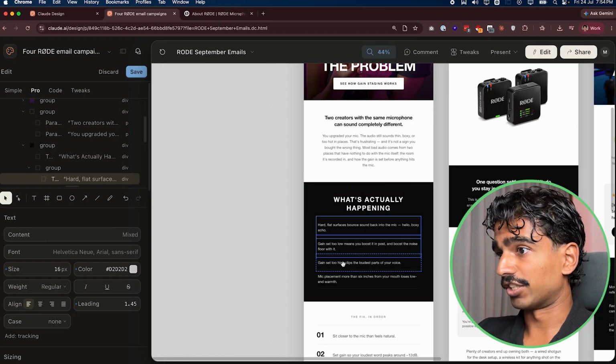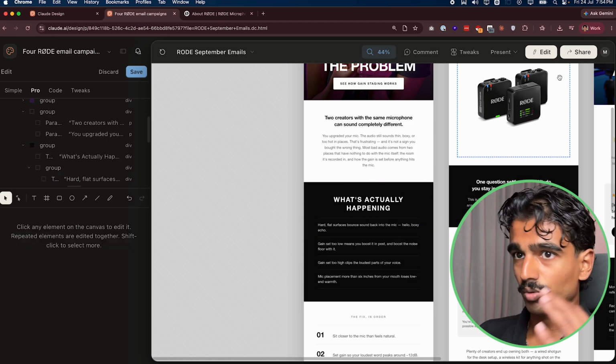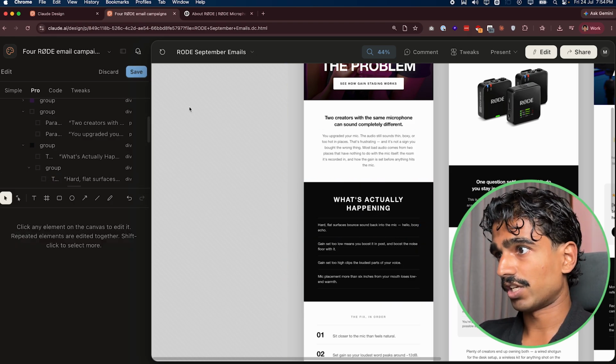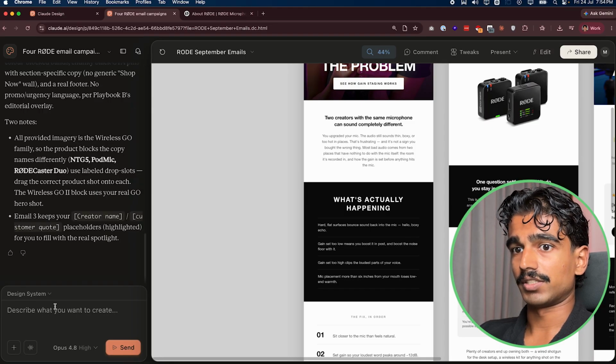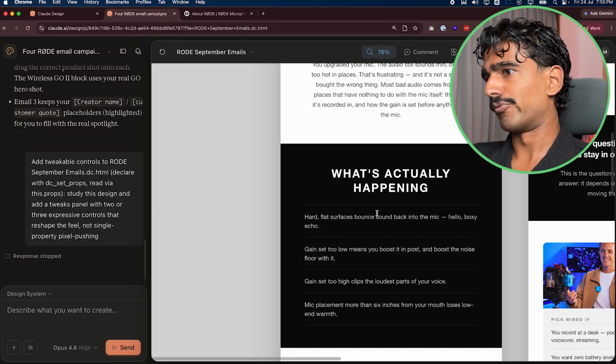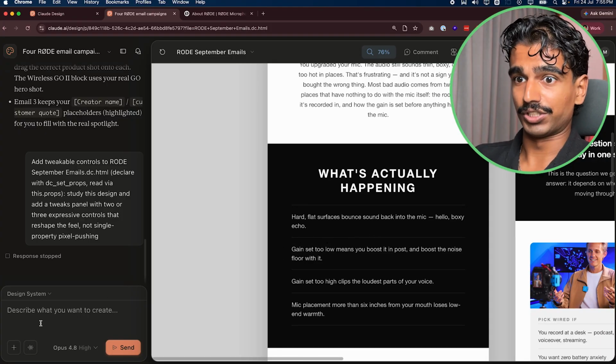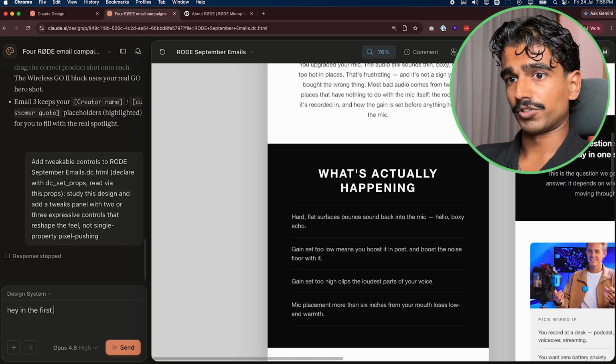This stuff, I can change the font, make it smaller. If I want a bit more of a design change, what I can do is click save for that. And then this section, I'm also not really happy. I think it needs a little bit more oomph to it. So I'm literally just going to say, hey, in the first email,